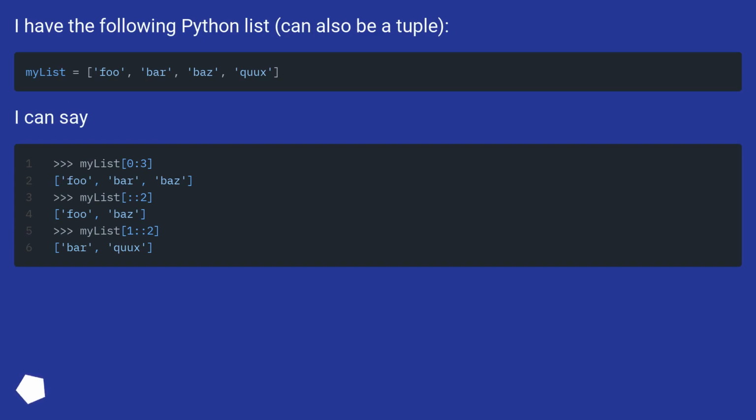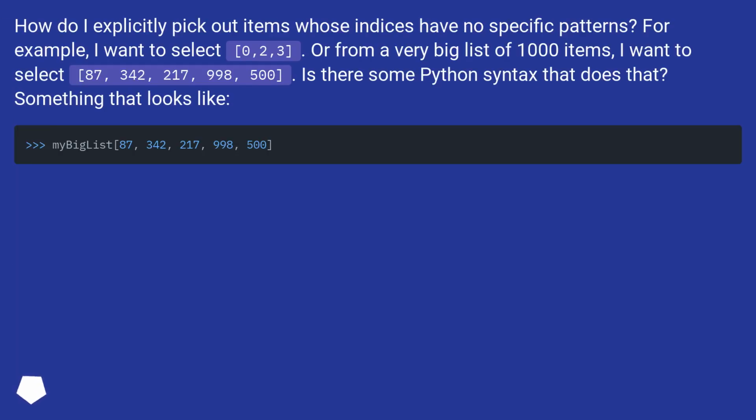I can say, how do I explicitly pick out items whose indices have no specific patterns? For example, I want to select 0, 2, 3. Or from a very big list of 1000 items, I want to select 87, 342, 217, 998, 500. Is there some Python syntax that does that? Something that looks like